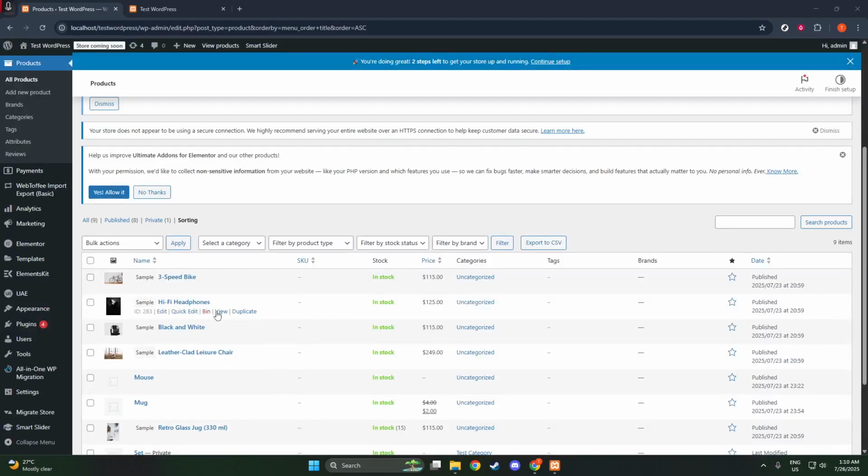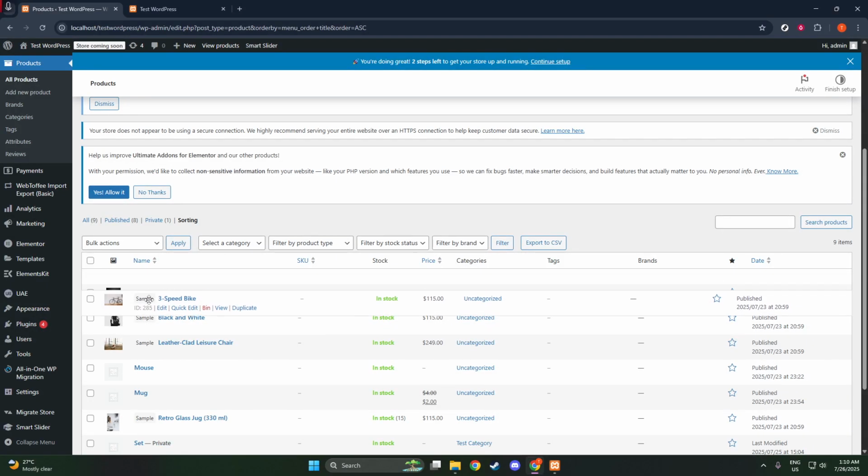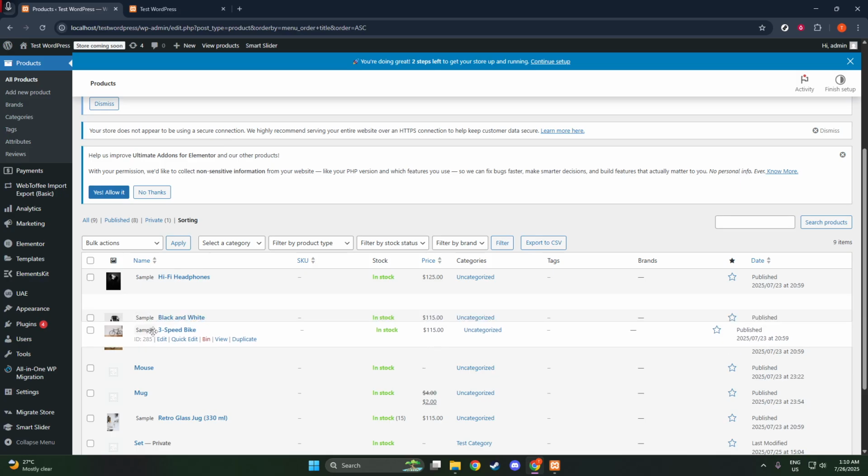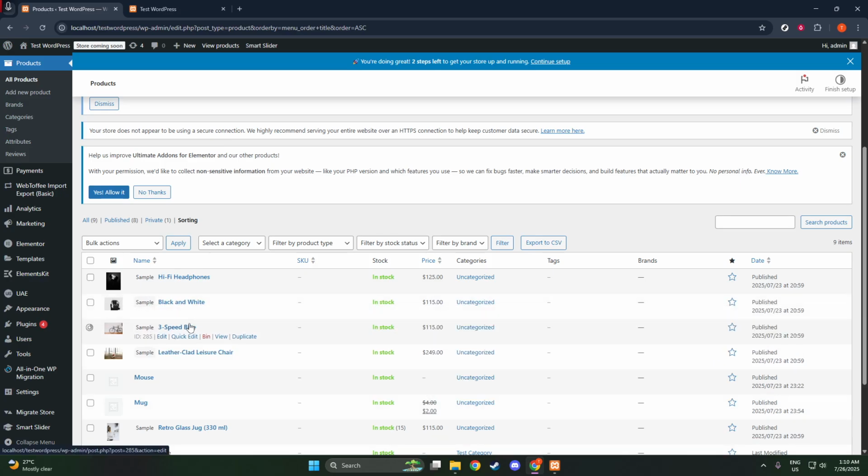Using the drag and drop feature, you can rearrange the products by simply clicking and holding the item you'd like to move, then dragging it to your preferred position. This method is both user-friendly and efficient since all changes are automatically saved. So, take your time figuring out the arrangement that best suits the layout you envision for your store. Reorganizing your products strategically can enhance the shopping experience, make it easier for customers to find what they need, and